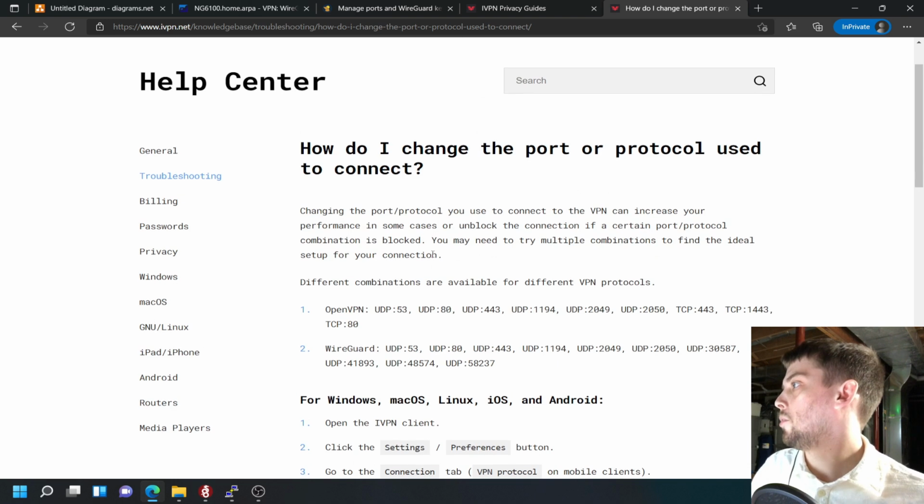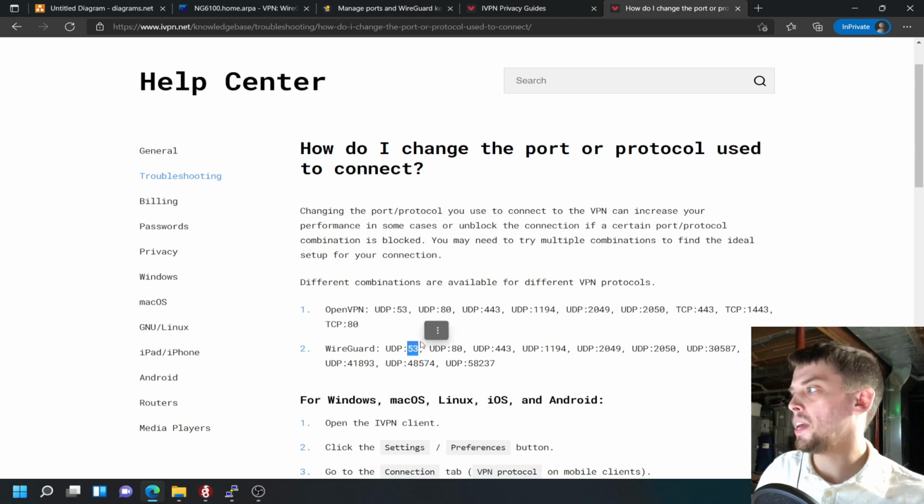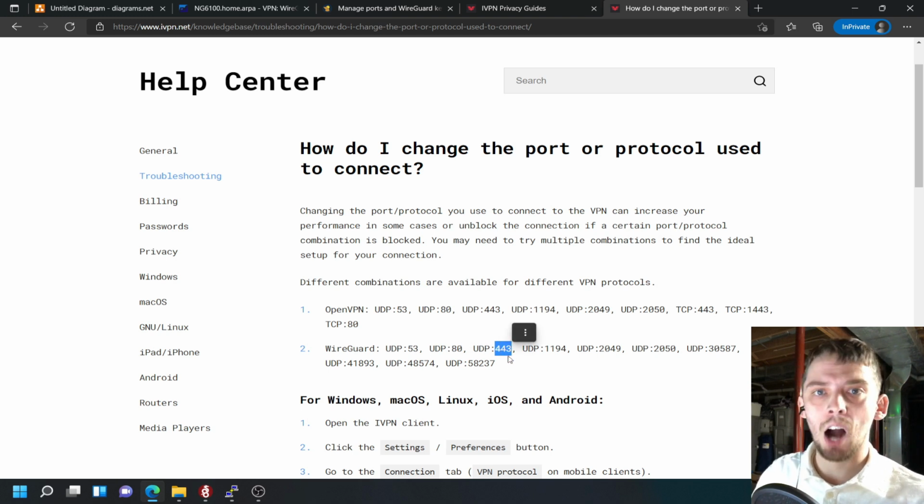Yeah. So if you go and search their help center here for how do you change the port or the protocol? If you notice for WireGuard, they're not using the standard WireGuard endpoint ports. They're using UDP. It's all UDP because WireGuard only supports UDP. They're using port 53, which is commonly used for DNS. So it's going to be a port that's probably open if you're behind a firewall that's quite restrictive. They're also using UDP over port 80, UDP over port 443. So again, common ports that are probably going to be open in case your ISP is actually blocking